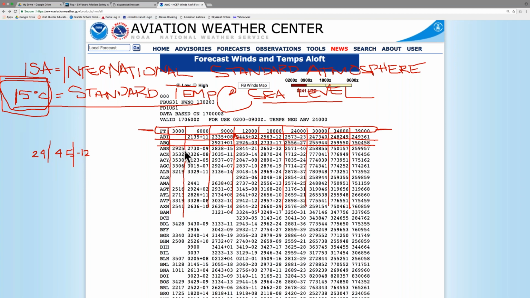Once again, you don't see the numbers here for temperature because you can just get that off of the information that's on your regular forecasts relevant at those altitudes, so you won't see the temperature at the end.